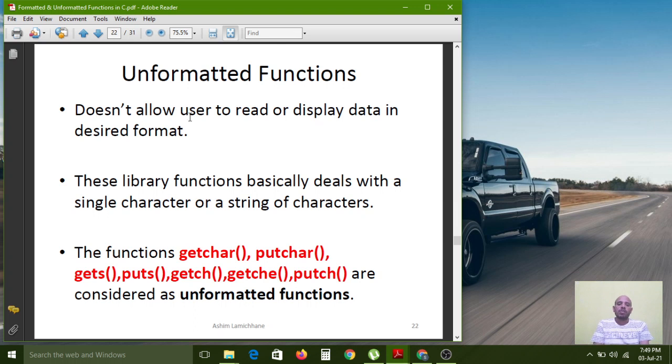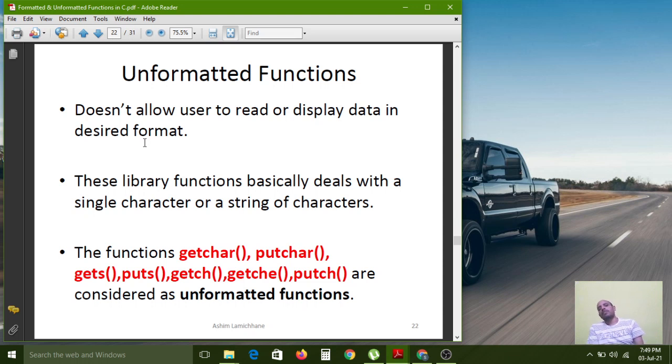Here, it does not allow the user to read or display data in the desired format. Because this is an unformatted function, if you want to do any formatting by using these unformatted functions, that is impossible. Understood? If you want to display the data in the desired format, you have to use formatted functions, nothing but printf and scanf.